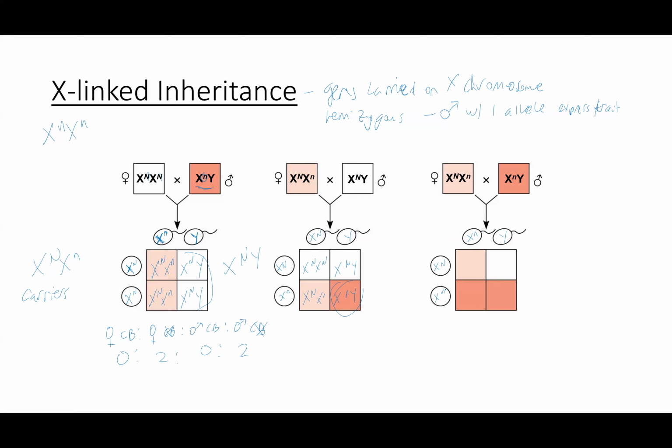In this case, we see dad can only pass on to a daughter the colorblindness gene, and mom can either pass the dominant allele, so not colorblind, or the recessive allele. So when we fill it in,